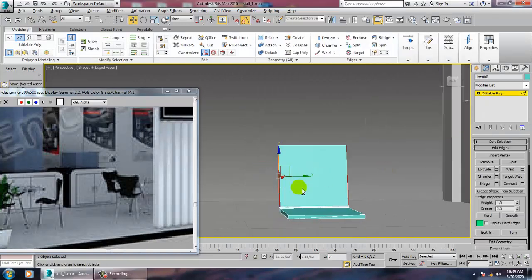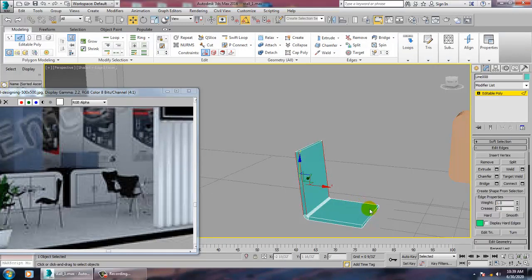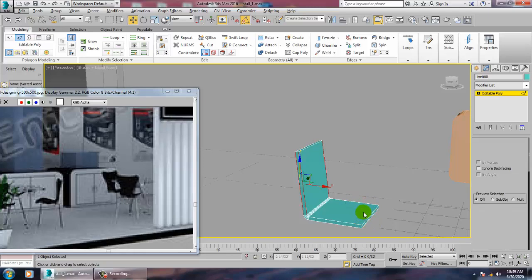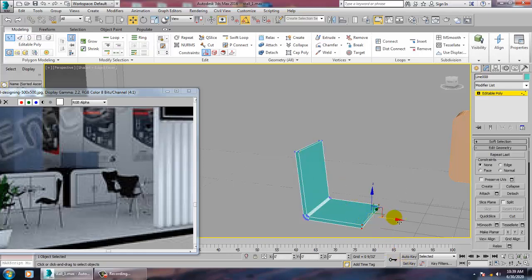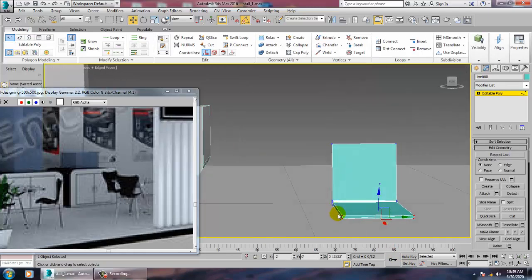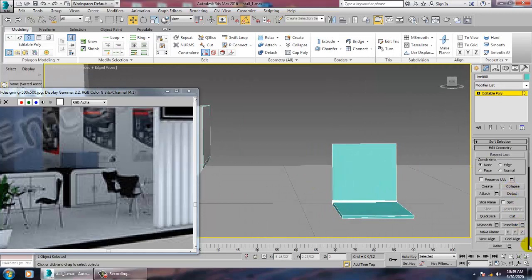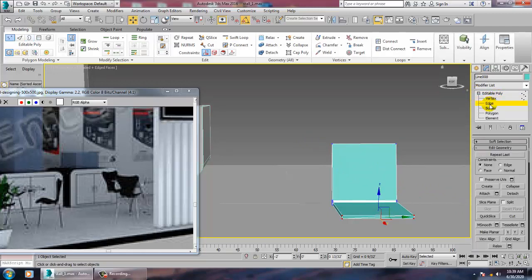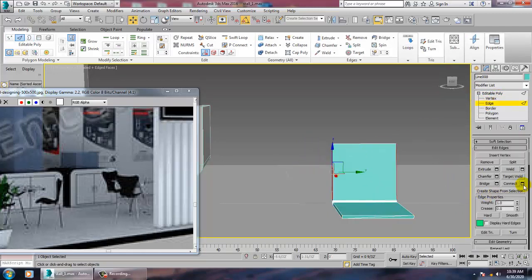Select these edges. So select the edges, give connect.